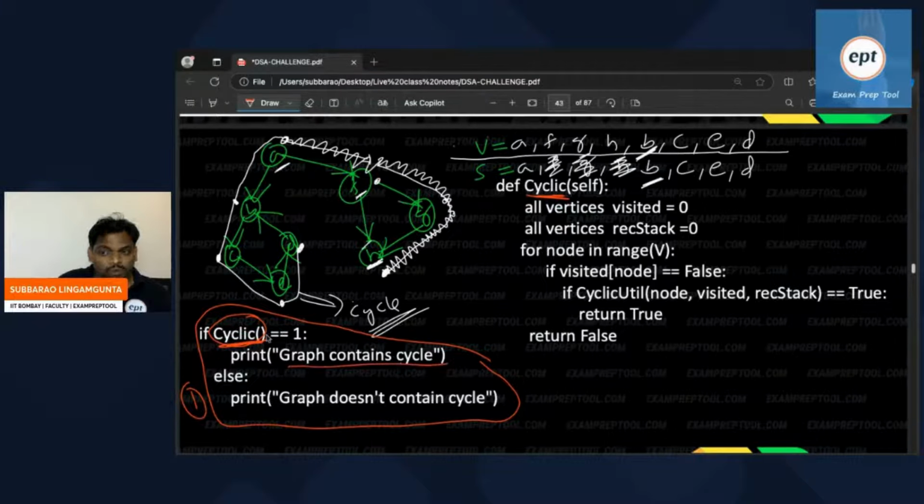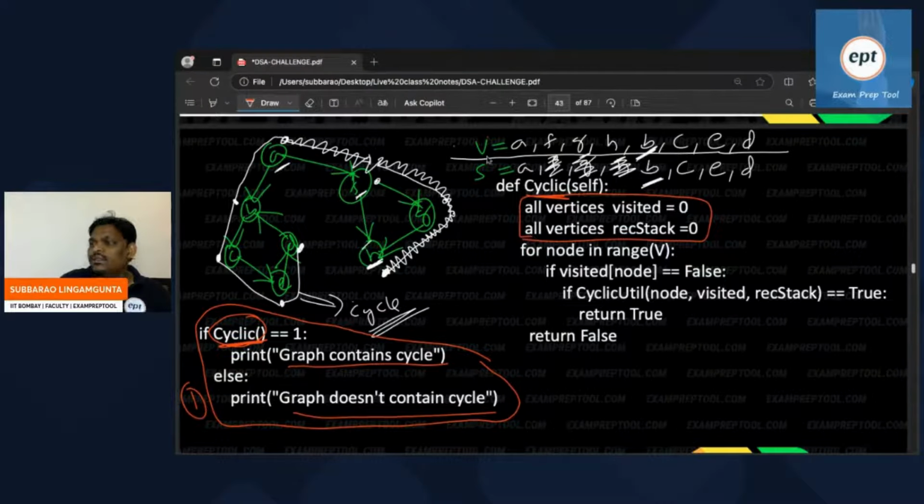It doesn't return 1, right? The cyclic function doesn't return 1. I will come here. Let us assume the graph doesn't contain a cycle, and I called the cyclic function. Go there. As soon as you came to the cyclic function, remember, what you have to do is